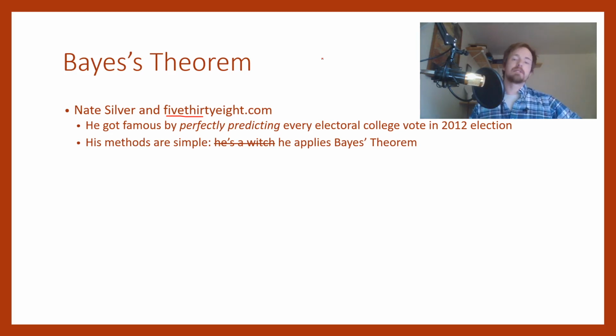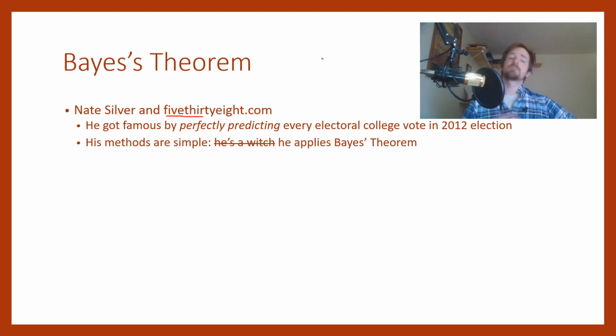And his methods are pretty simple. All he really does is apply Bayes' theorem. He does that by looking at lots of political polling and then judging whether or not those political polls are trustworthy to begin with. Depending on how trustworthy they are, they're assigned values. The ones that are very trustworthy, that are very scientific, are given very high values. The ones that are very unreliable, that show problems with their validity and confounds, have very low values. And those things are weighted to give us a prediction.